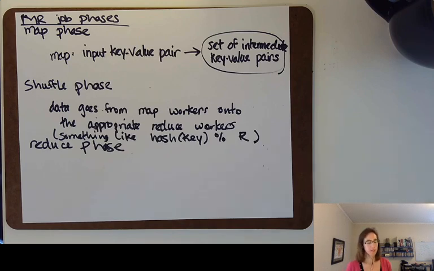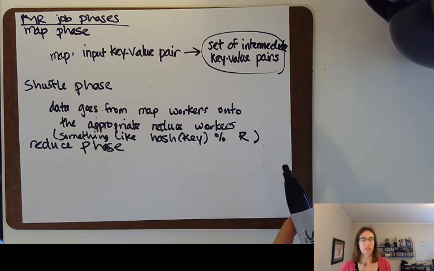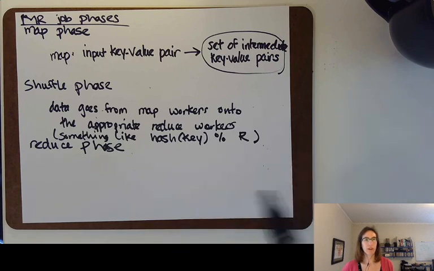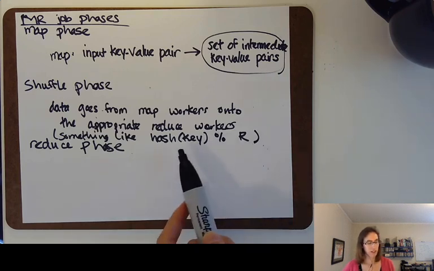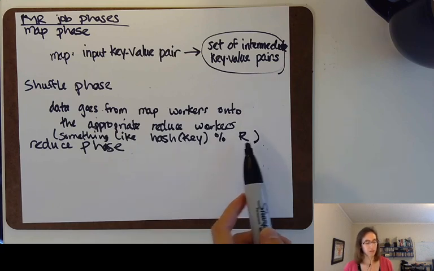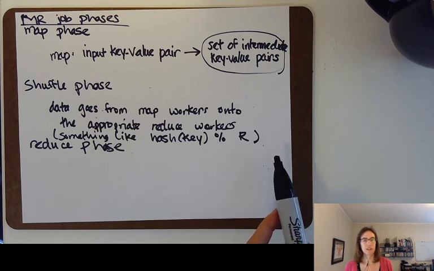So let's think about the context here. The reason why we didn't want to do this in the setting of, say, Dynamo is that if a node joined the ring, or if a node left the ring, either because it failed or maybe you took it away on purpose because you needed those resources for another reason, then the place where an existing key hashes to is going to change, because hash of key mod 4 is different from hash of key mod 5, let's say, which means that a whole lot of data would move, and